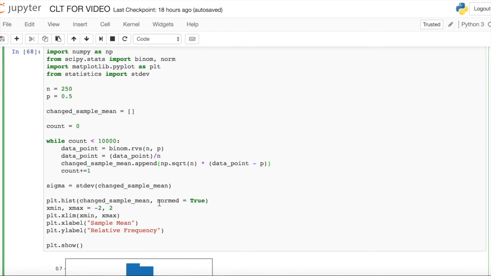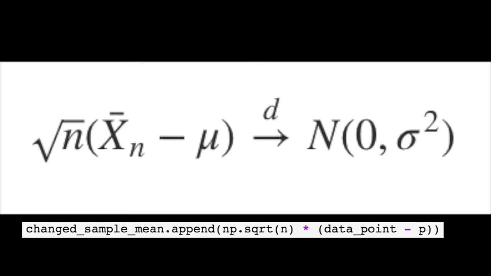So after this, we'll want to add the data point to this change sample mean list. But first, before that, we actually want to manipulate it. And the reason for this manipulation will be explained right now. So the reason that we modify the data points is because the central limit theorem actually says exactly what is